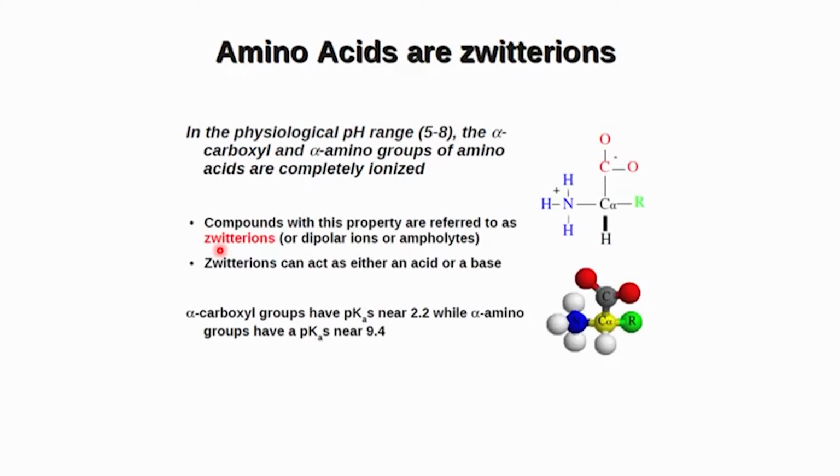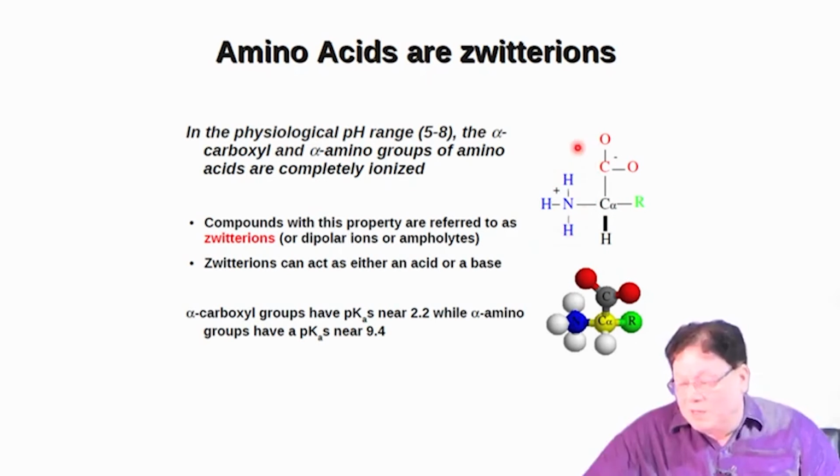The amino acids of proteins. Amino acids are zwitterions, I have already told you, and this is the C alpha as it is shown here, C alpha, and that is connected to R. This is the L configuration. In the Fischer projection formula, L is the one where the amine group is on the left